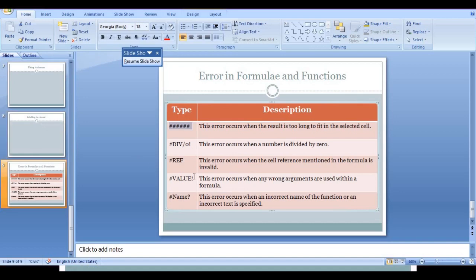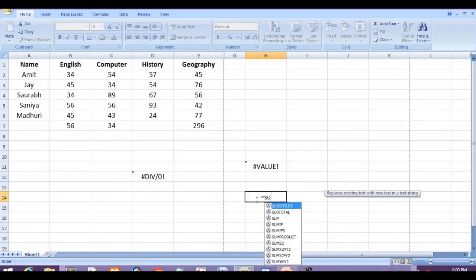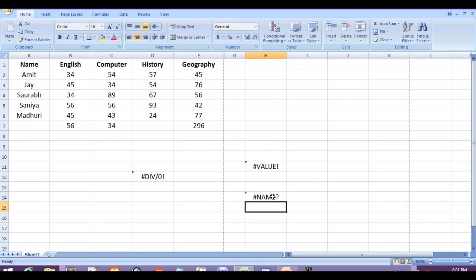Now the next type of error in formula is #NAME?. This error occurs when an incorrect name of the function or incorrect text is specified. Like here, if I use equal to SUA and give 34 plus 56 and press enter, you can see that instead of SUM, I have typed SUA.